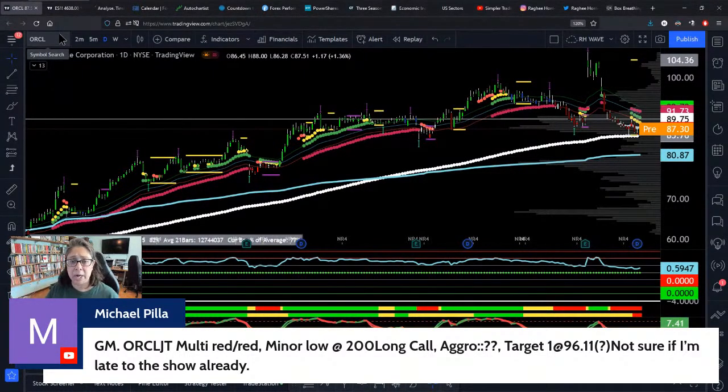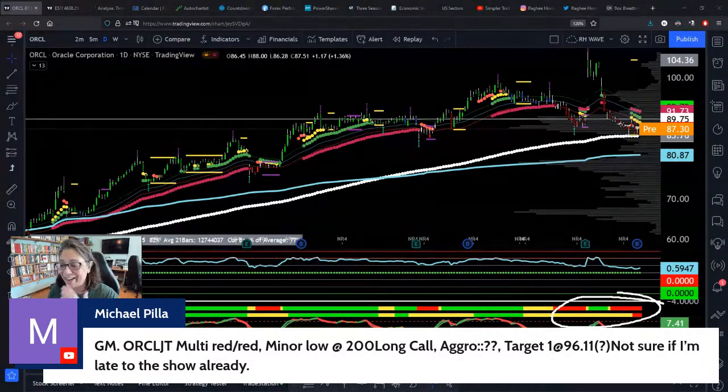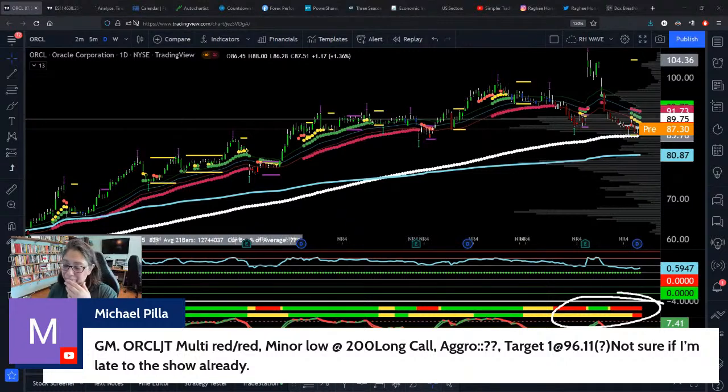8, 13, 21, 34 period EMAs being measured in these two rows of colors. I like my color coding, that's for sure. It's harder to argue with red, green, and yellow. It's easy to argue with a number, right? Something about the color coding is like a traffic light, right? It's just red, yellow, or green. Yeah. So here's what I would say.